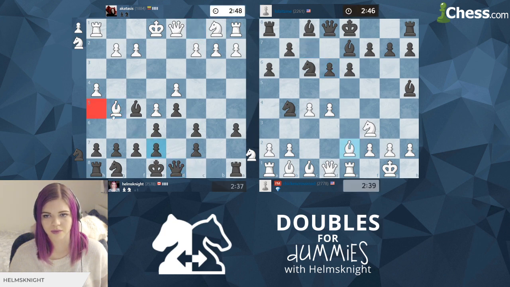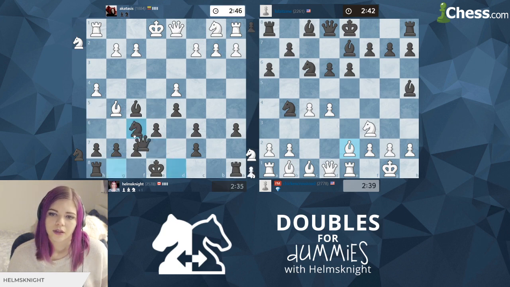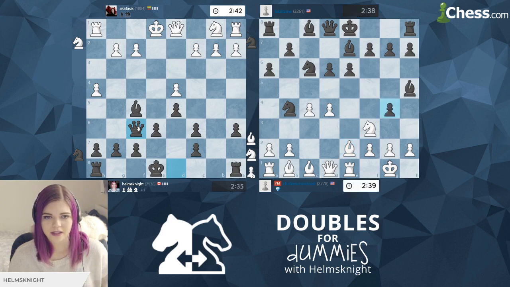Just go here. Just go knight at h5. I've misplayed this opening a little bit, but it's not a huge deal. Plus, he's not taking advantage of it that much. But yeah, I agree. I think it's important you play both boards because it's just so much easier to